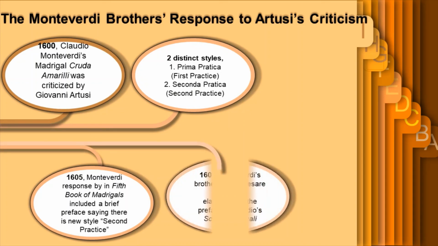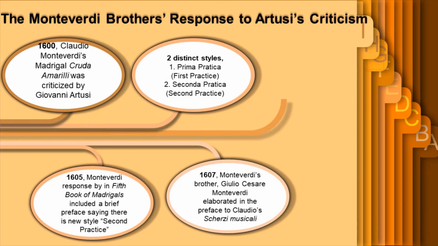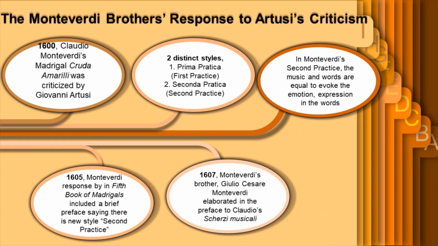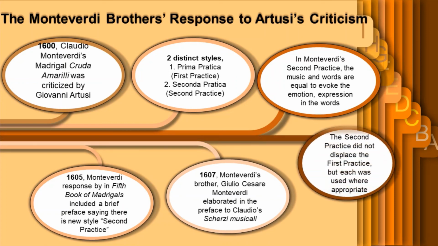In 1607, Monteverdi's brother Giulio Cesare Monteverdi elaborated more in the preface to Claudio's Scherzi Musicali, saying that in second practice the music served the meaning of words rather than following the rules of first practice that were codified by Zarlino. It shows us that in first practice the music has to follow its own rules and dominate the text,